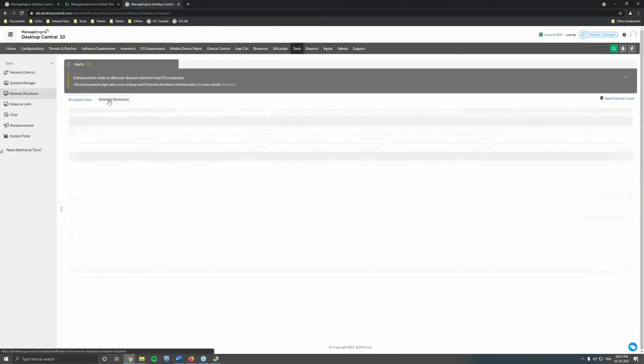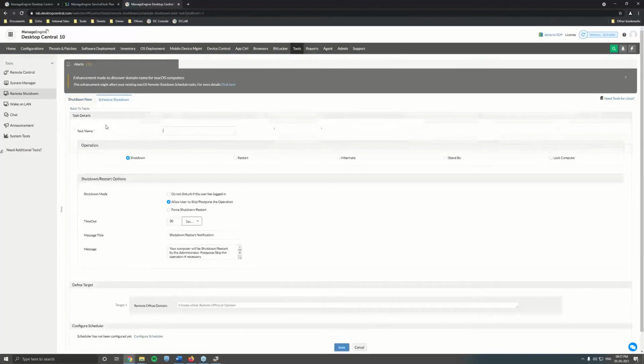So not just on demand, but you can create a task to have all of your machines rebooted after showing a notification at a time of your choice, weekly or monthly or however you like it. There is complete customization